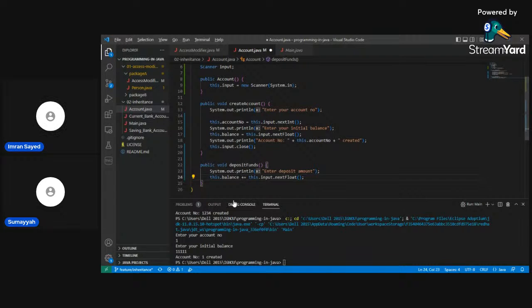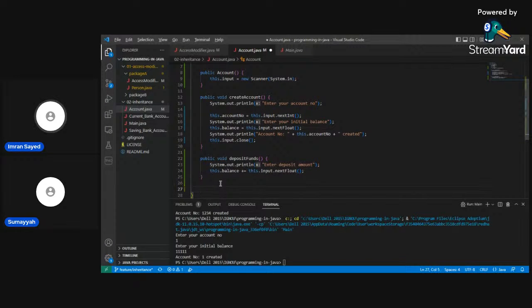Let's give him a message that this much amount is deposited. I think it's a good practice. Or show the current balance. Just copy line 18